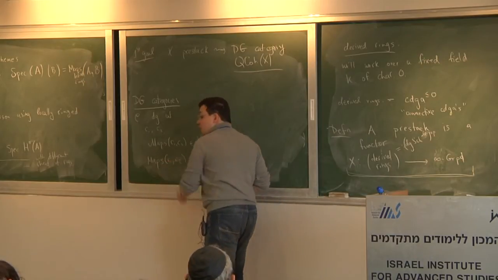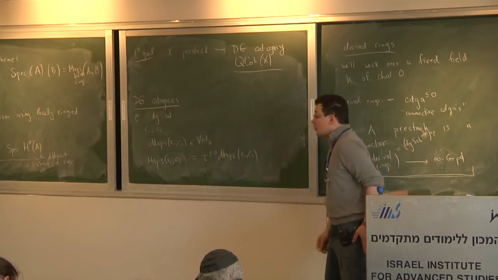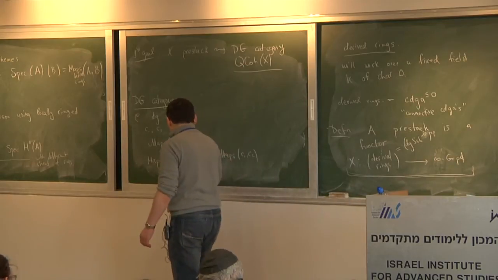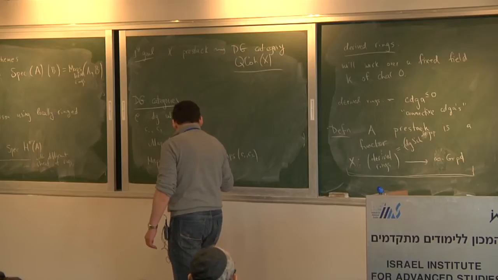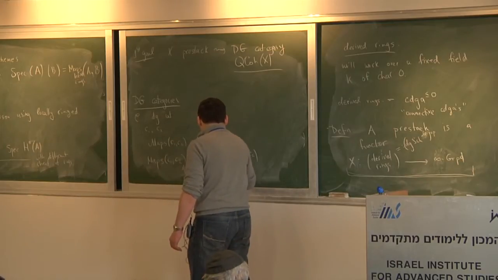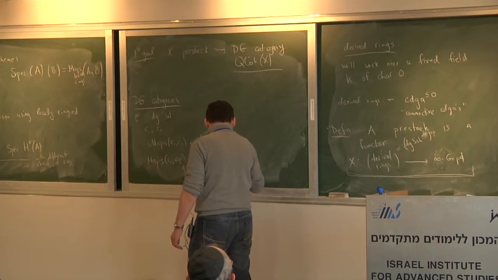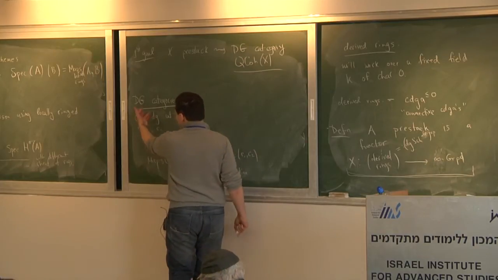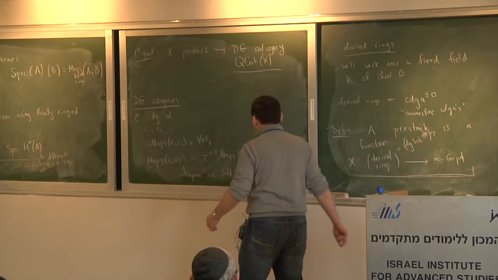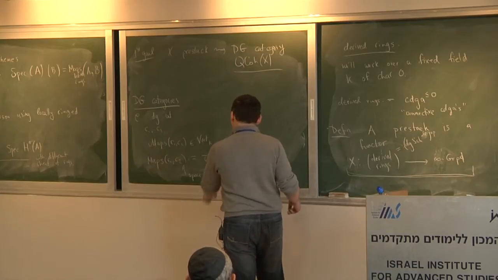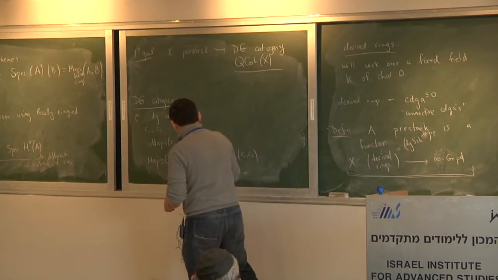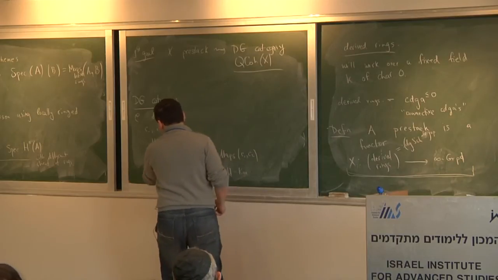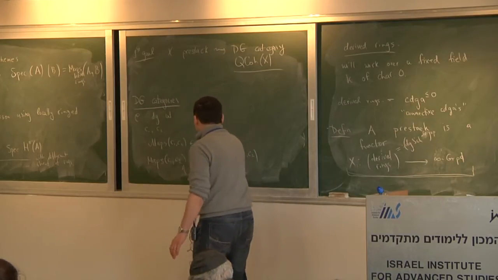And, well, if you want to get a space, you apply the Dold-Kan functor to it. So this is a space via Dold-Kan. So in particular, it's an infinity category, and it's something that's called a stable infinity category, whatever that means. But the point I want to emphasize is that these guys actually know